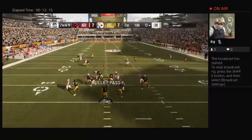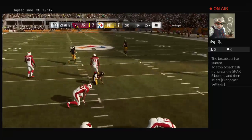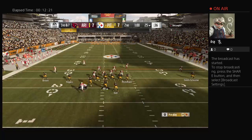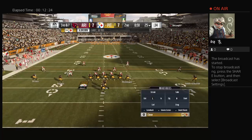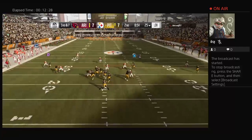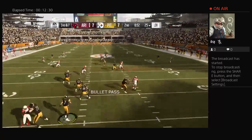From the gun, it's Roethlisberger. Over the middle here to Brown. And down he'll go at the 25. It's a pickup of 12, and that'll set up a third down. Slant route's effective no matter who's running the route and catching the ball. But when you have a receiver of that stature, you have to be a little...